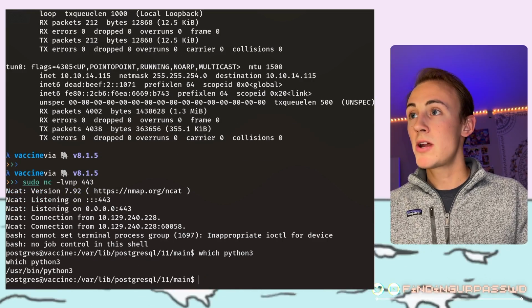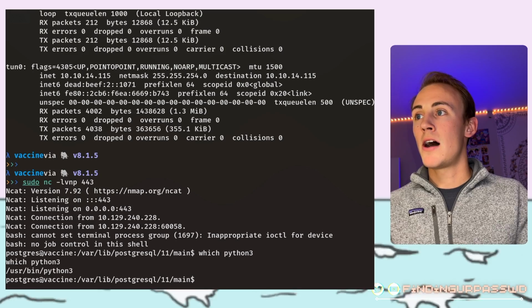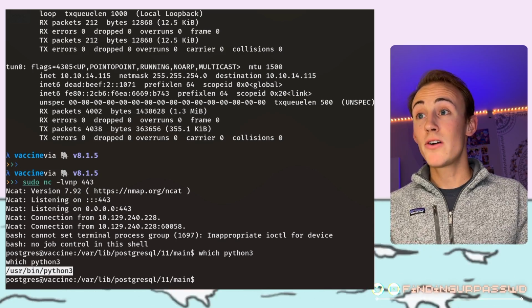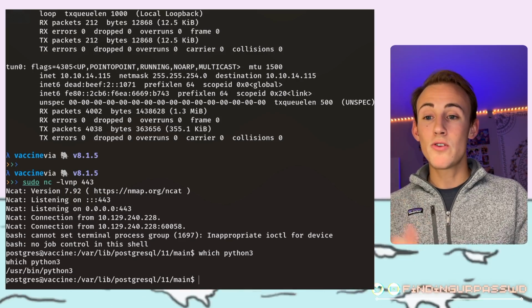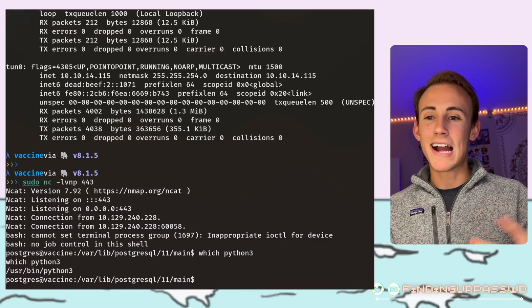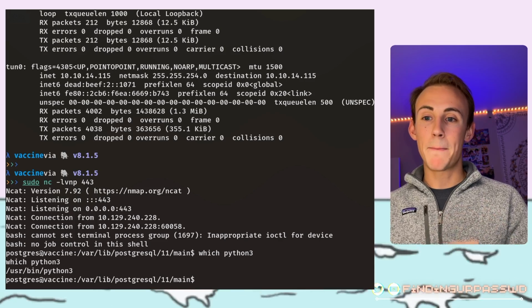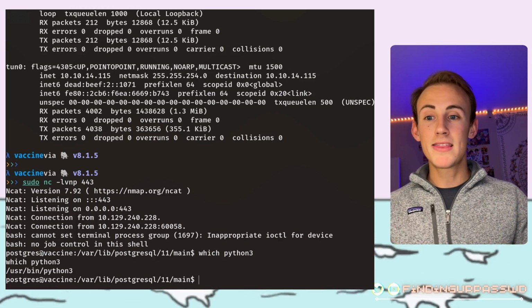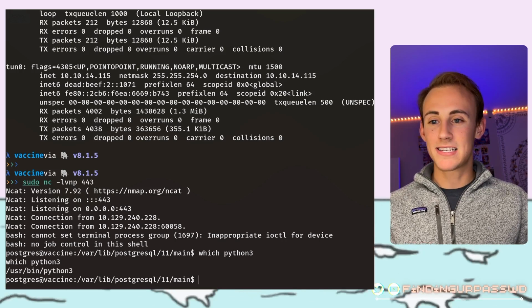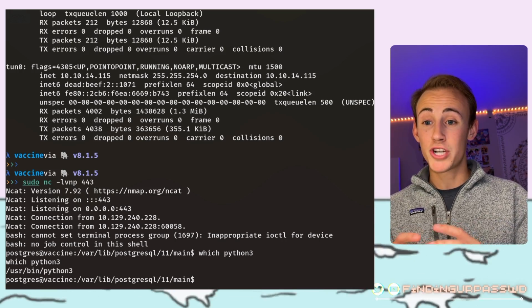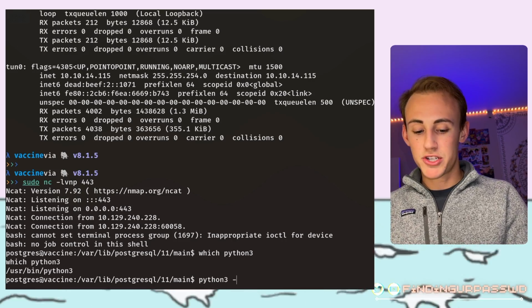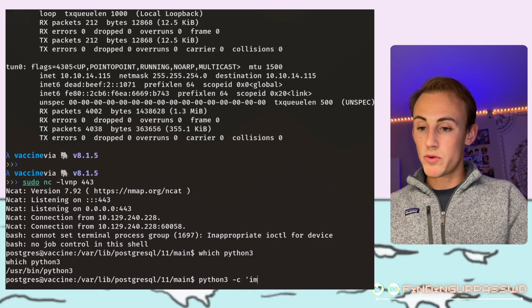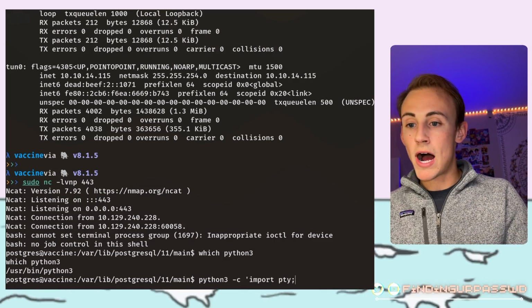So we'll run which python3, and then if you do get this output here that shows it's in the /usr/bin folder, that means that we do have it. So if you get a path there, that means it exists on the system. So what we can then do is leverage Python 3 to basically get a more interactive session here. So just like how we did that bash -c, you can use python -c in the same exact way to execute inline Python, and we're going to upgrade our shell even further with Python here. So then we just need to type python3 -c, and then we're going to do, in single quotation marks, import pty;